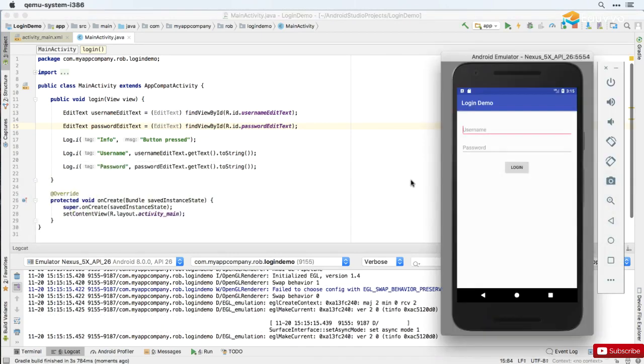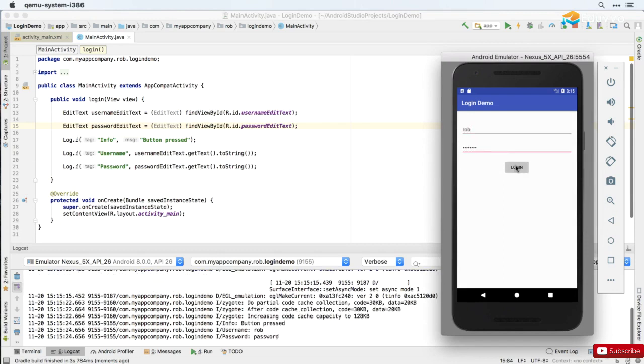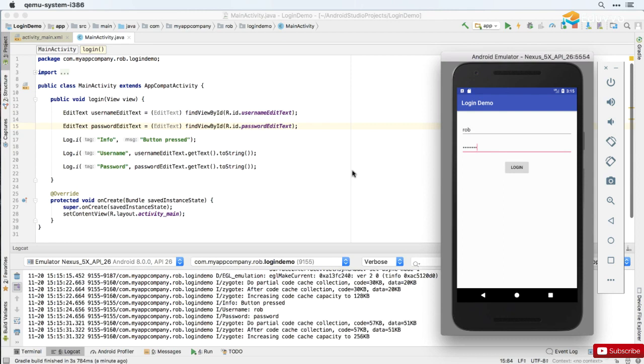All right, let's try that again. Rob and password. Login. There we go. That's better. All right. Hopefully you managed to do that without making that awful mistake. But we're now able to make a more interactive app. But there's probably part of you thinking, but this isn't really interactive because the user can't see any of this log content that we've created down here. So we really need to display something for the user so that they know that they've logged in or that we've at least registered the button click. And that's exactly what we'll do in the next